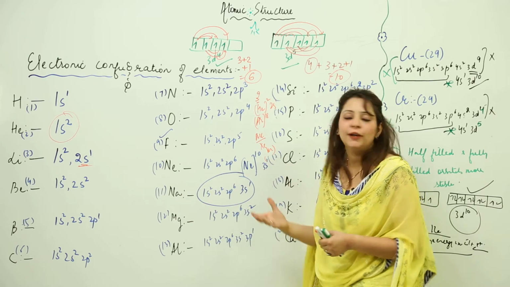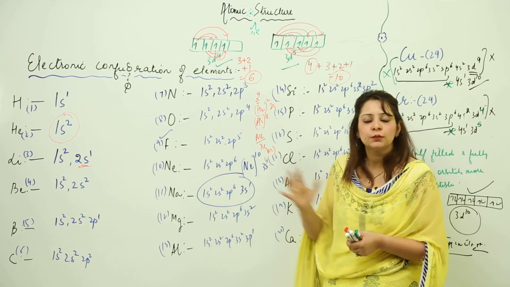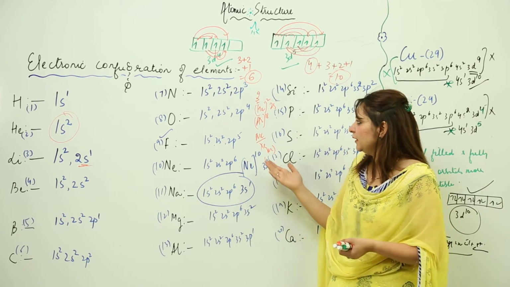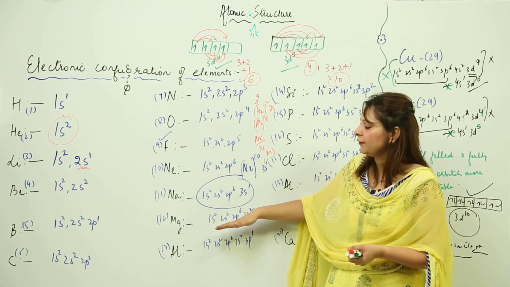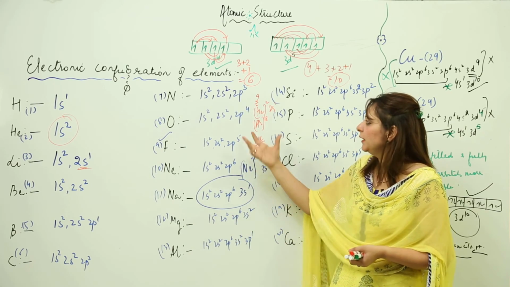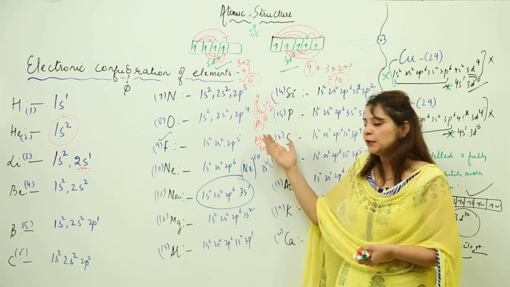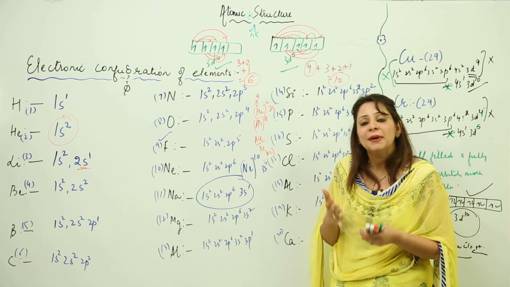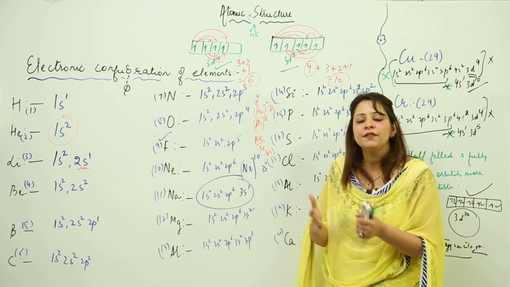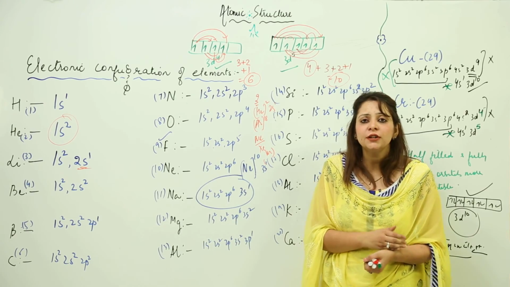Right. So this is how you are going to write the electronic configuration. Whether you write in this way or that way, both are correct. So try to make a habit: first try the full method of writing the electronic configuration, then club them and start to write. It is not compulsory that you need to club them; that is not the only correct method. It is an advanced method, but still both are correct. So in whichever method you feel comfortable, try to do that. We are just looking for the electronic configuration.